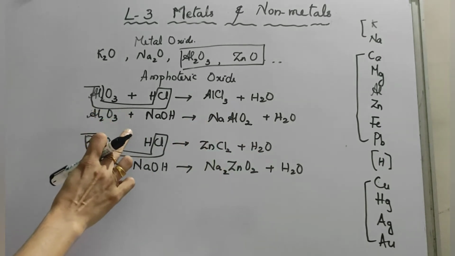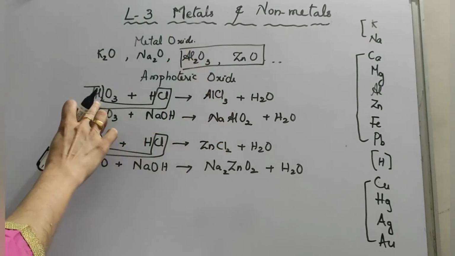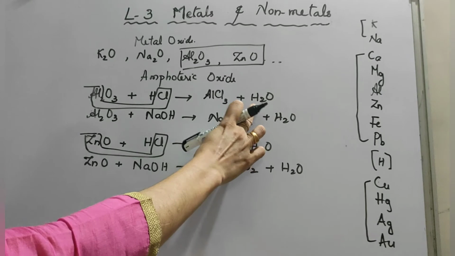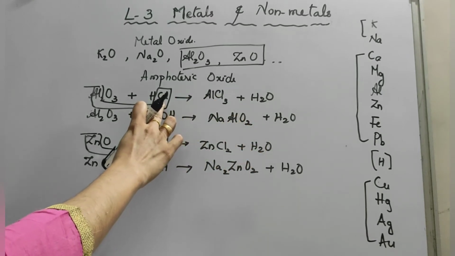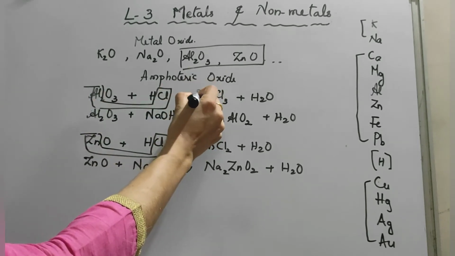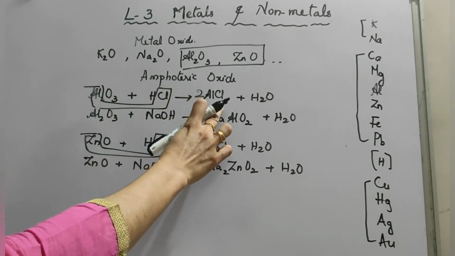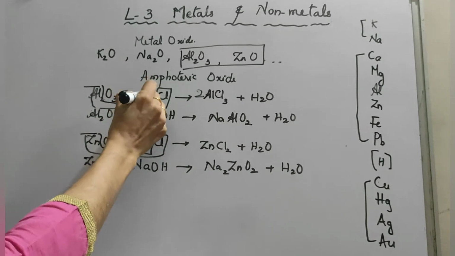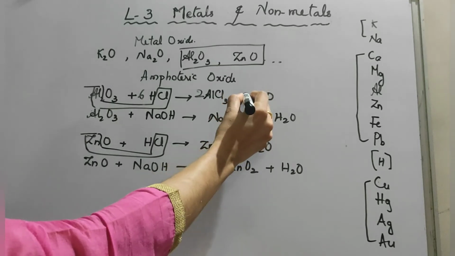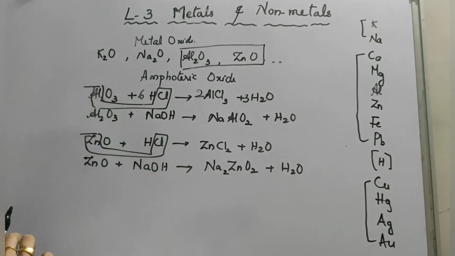Now you have to balance these equations. In the case of aluminium, look at the reactant side and product side. Aluminium here 2, here only 1, and hydrogen here 1, here hydrogen 2. Chlorine is 3, here chlorine is 1 only. So we have to change the aluminium to 2 on the product side. The aluminium goes to 2, here also 2. And chlorine: 2 into 3 is 6, but here only 1, so put 6 there. Hydrogen 6, chlorine 6; here hydrogen only 2, so put 3, 3 into 2 is 6, and oxygen also 3, here oxygen 3. Like this we have to balance it.